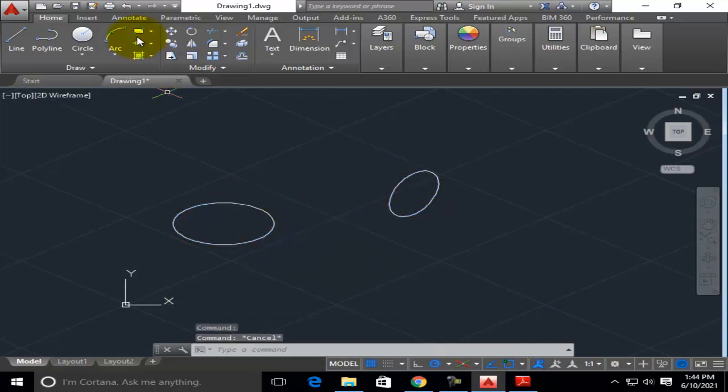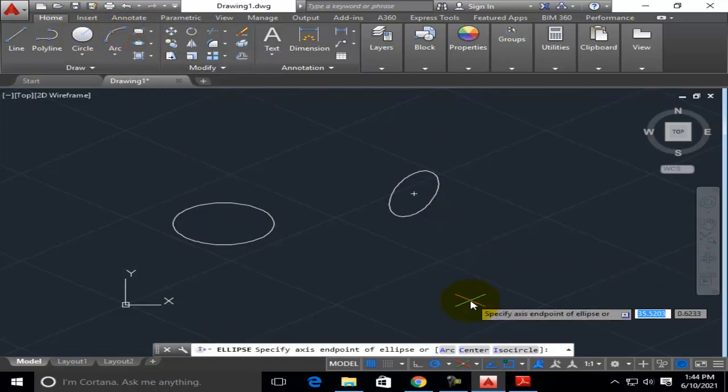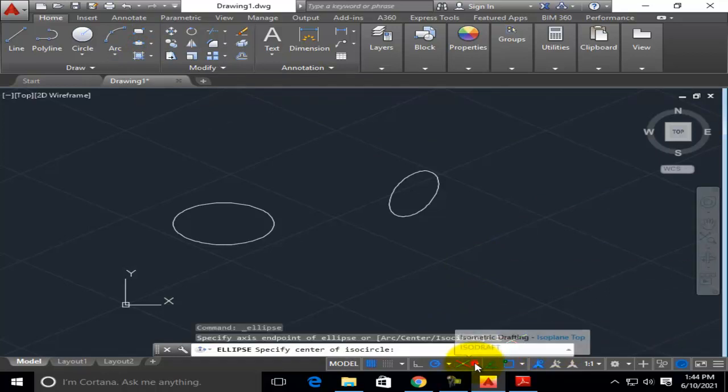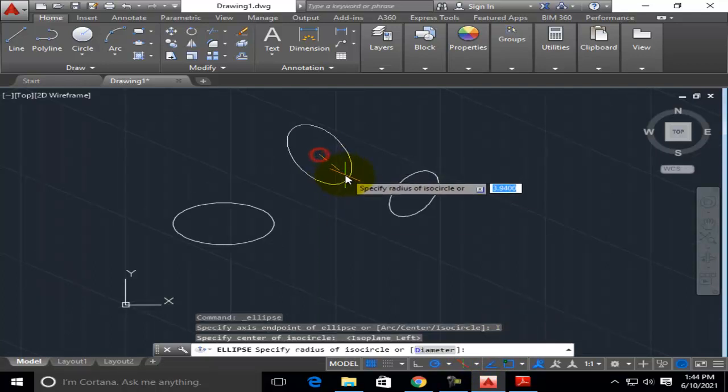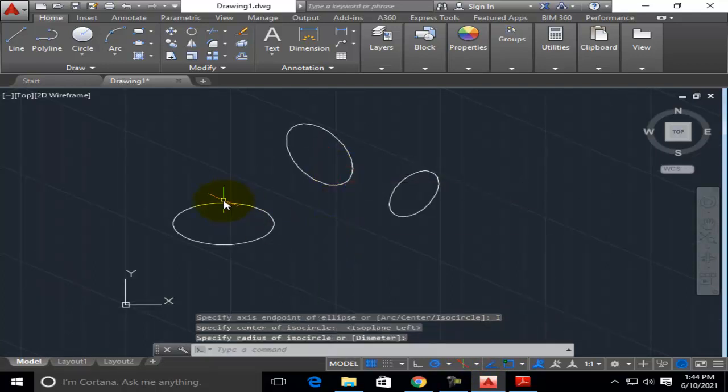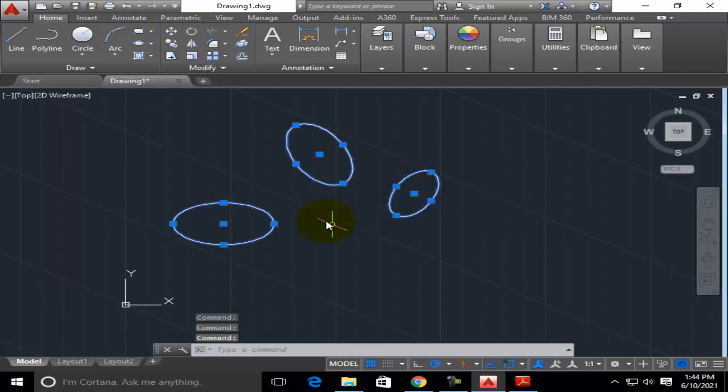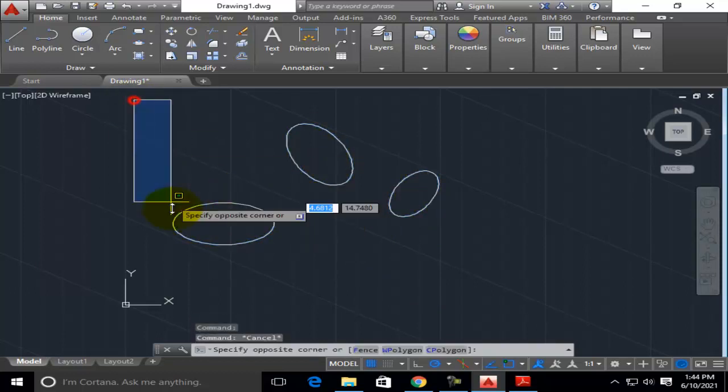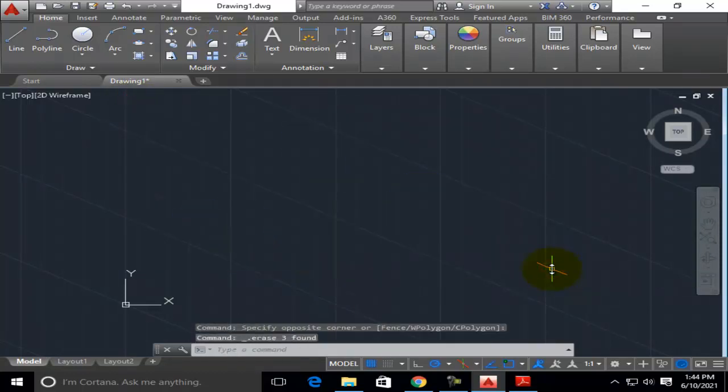Okay, now again I am going to draw an iso circle, again clicking on iso circle. Now I am going to use the left plane. This is the left plane method. Three types of circles can be drawn using these isometric drafting methods. These 3 represent the 3 planes that are available for any 3D object. Okay, mostly there will be 3 views only, and the drawing will be made from those 3 views.